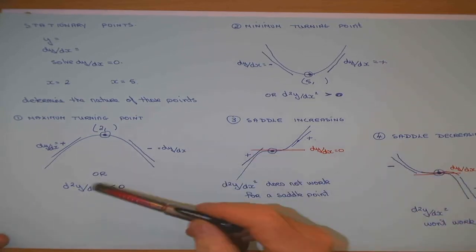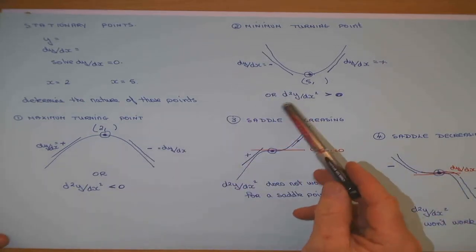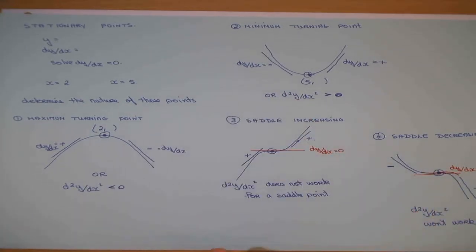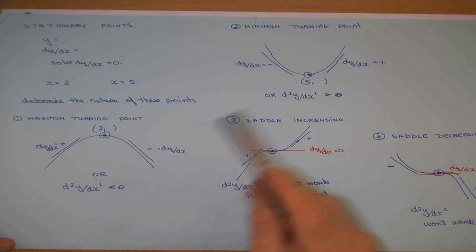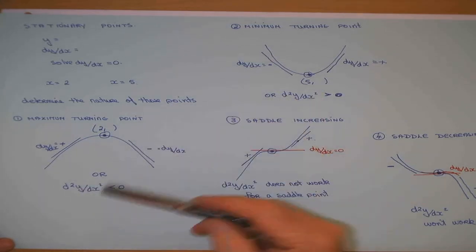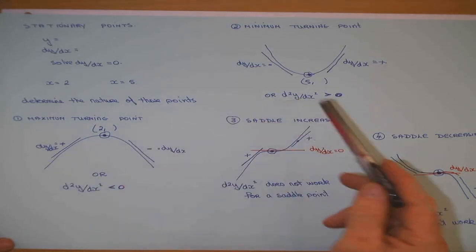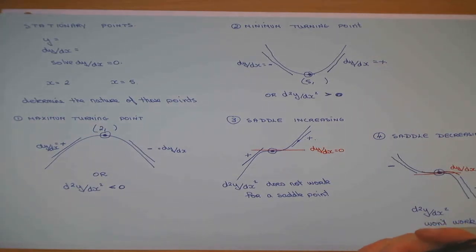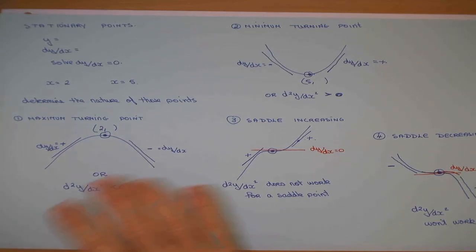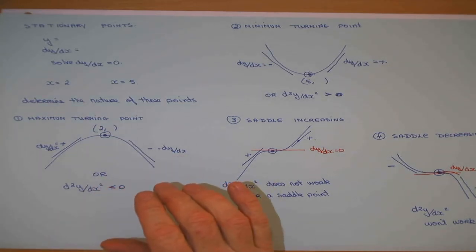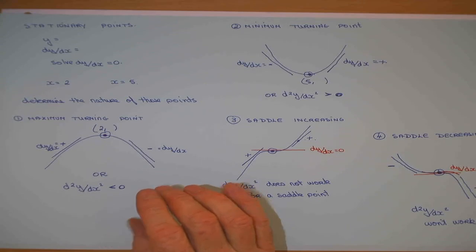And the maximum and minimum ones only work by what? Getting d2y/dx squared. But anyhow, d2y/dx squared only works for these ones. When would you use this one? Well, if it was an x cubed going to a quadratic going to x, that's an easy one to get. Have you any questions? Do you understand that? All right, so then the only thing you have to be able to do is know how to